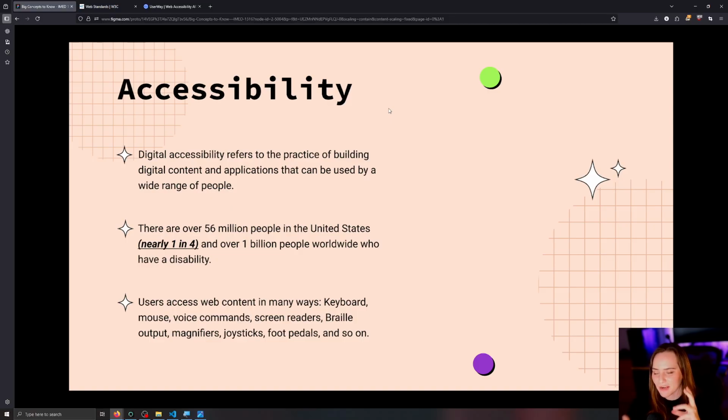So being able to magnify text to make it easier to read. Joysticks for somebody that can't use a keyboard or mouse, maybe a foot pedal, maybe a mouth stick to be able to type on the keyboard. So there's a lot of different technologies, and it's so great that they have created all these, and it only continually improves. But we need to be thoughtful of how users are